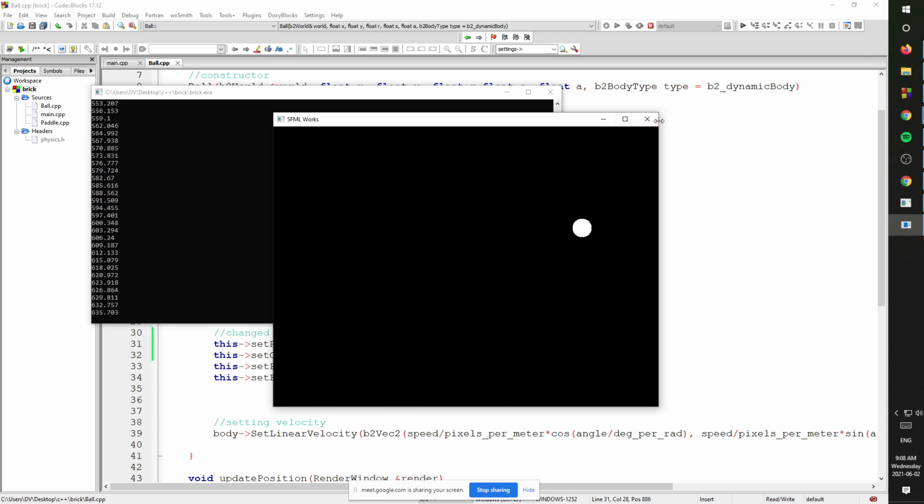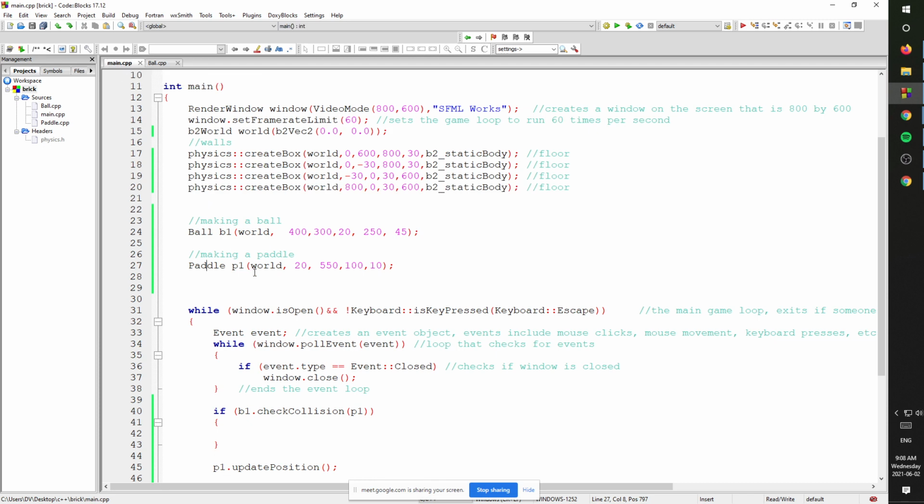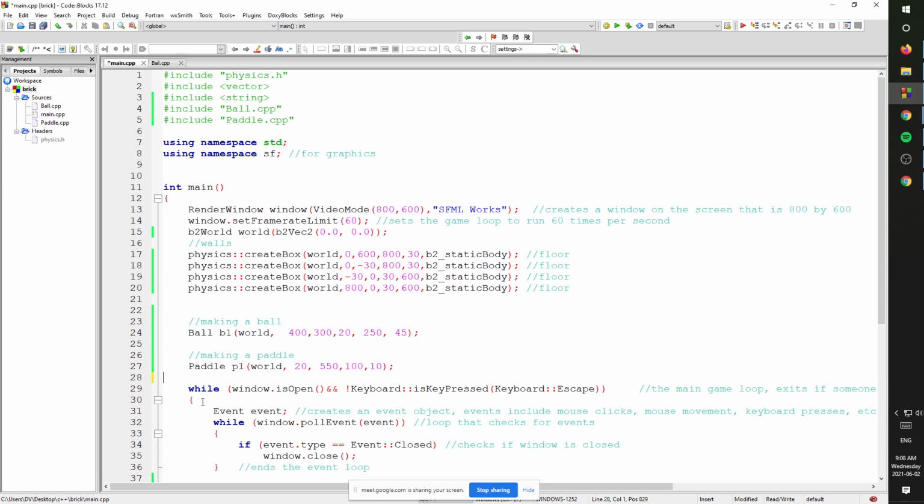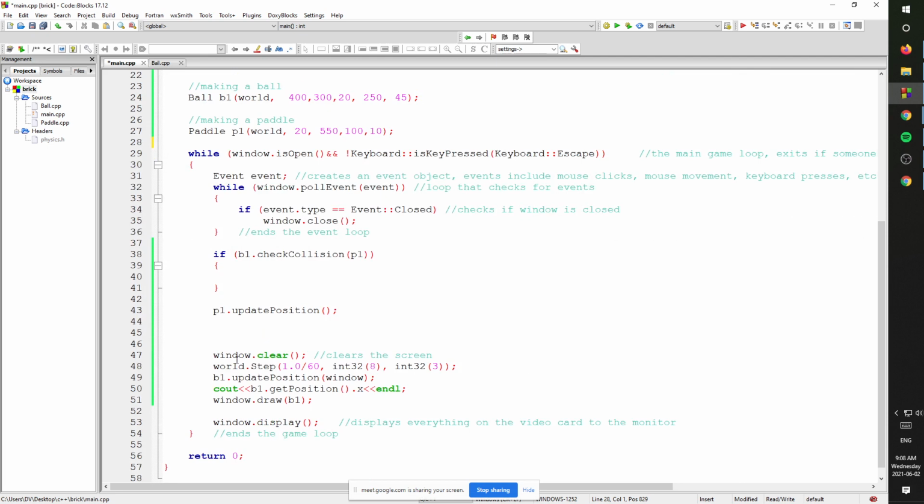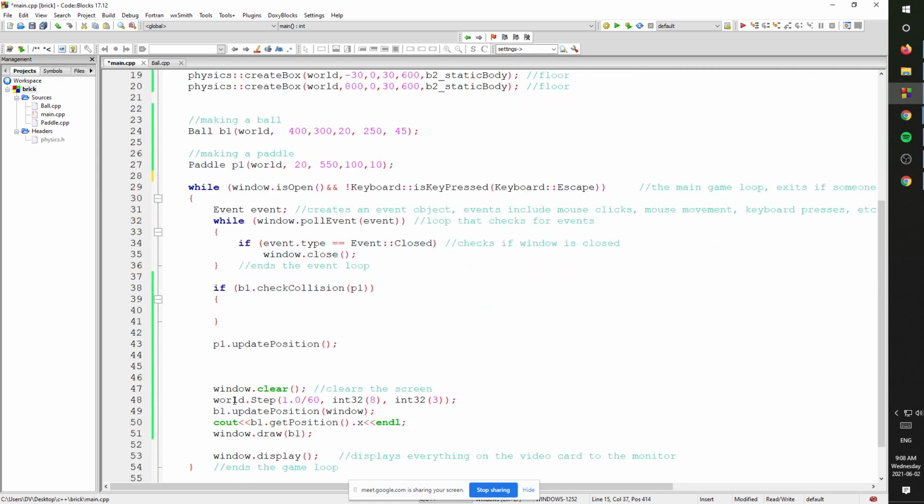If the ball hits it, it will bounce off of it. Basically, we've gotten rid of our reliance on the physics.h file. We are using world.step and using this b2World. And that's basically all Box2D is doing for us. It is just keeping track of any little body we place in this world. We don't really have to do much other than